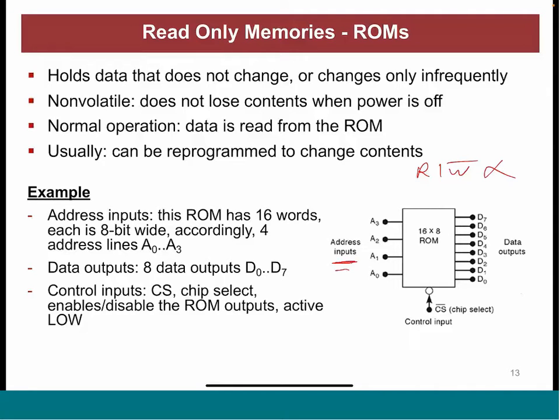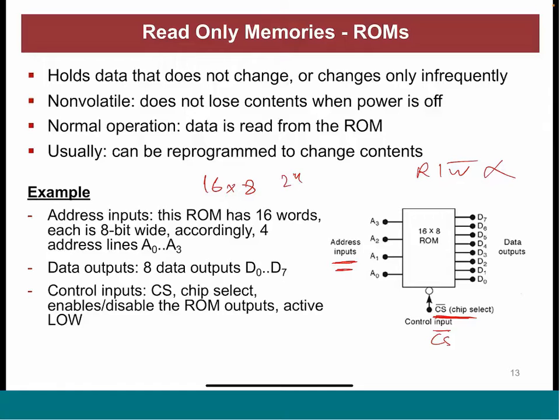So if I have, for example, this 16 by 8 ROM, this means 2 power 4, so I have 4 address lines, and I have 8 data output lines for the data bus. And here I have the chip select. Do you see here, I put CS, the chip enable or the chip select is